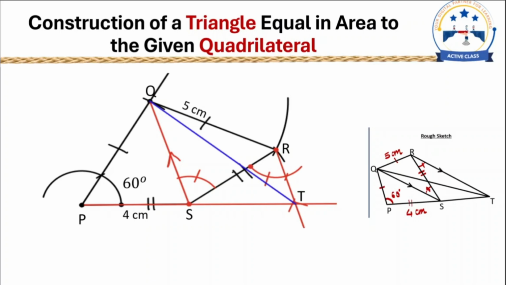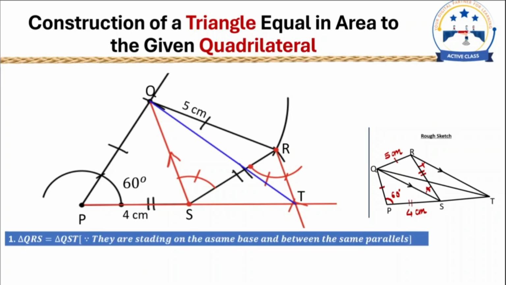So based on our rough sketch, we constructed a quadrilateral and triangle which are equal in area. Here, triangle PQT is equal to the quadrilateral PQRS. So our second question was, what's the reason behind the quadrilateral being equal to the triangle? So the reason is,